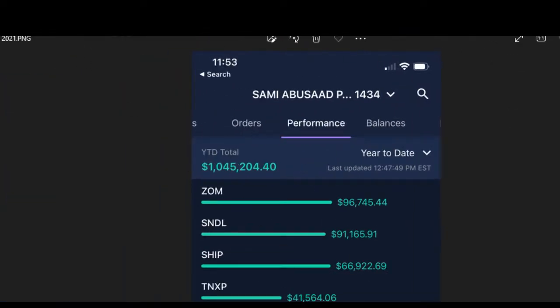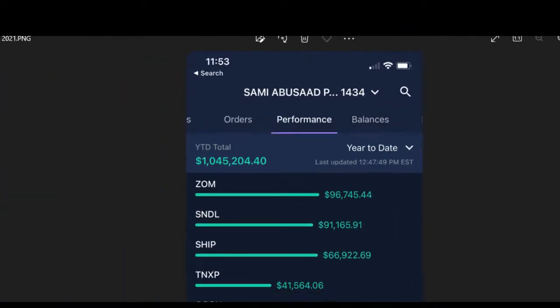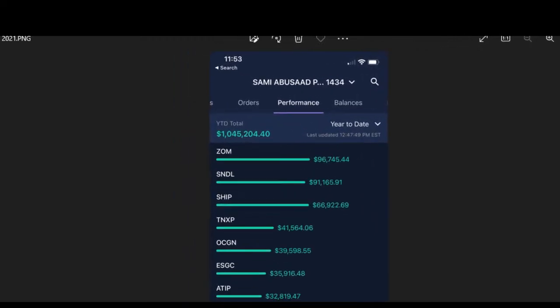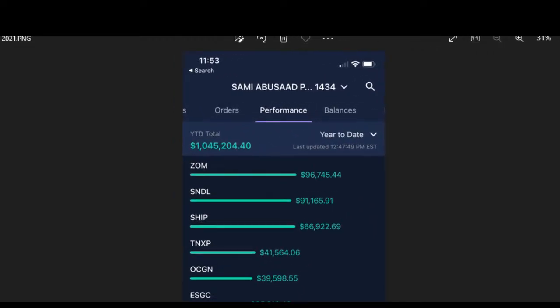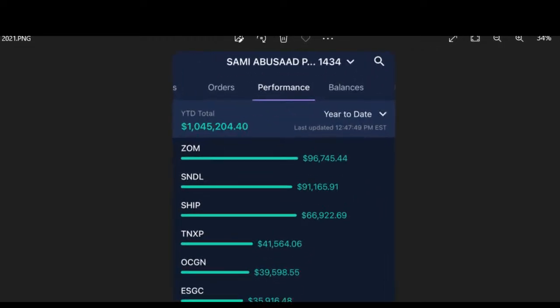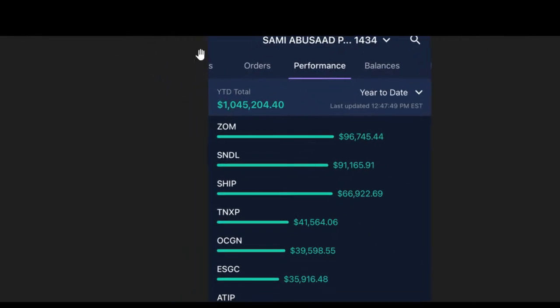The last couple years, that's what I mostly focused on, is scalping. This account I mostly used for scalping. That's last year, by the way, and it wasn't even taken at the very end of the year. At some point before the end of the year, that's over $1 million from scalping. That's why I said it's for serious traders. It's a serious strategy. You can make really good money.